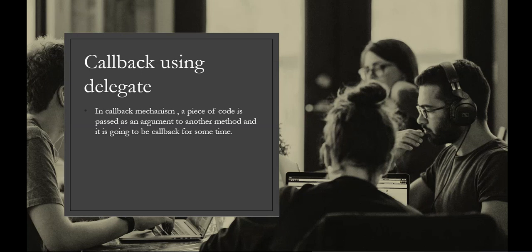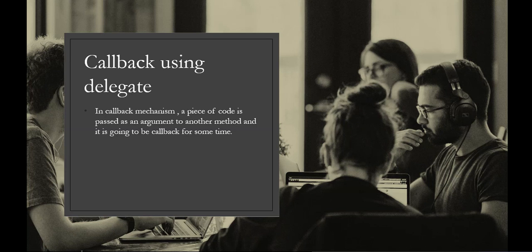Okay, so how many times will the comparison be done? 9 times. So 9 times the same set of comparison code gets executed. So that comparison code is a callback in this example.